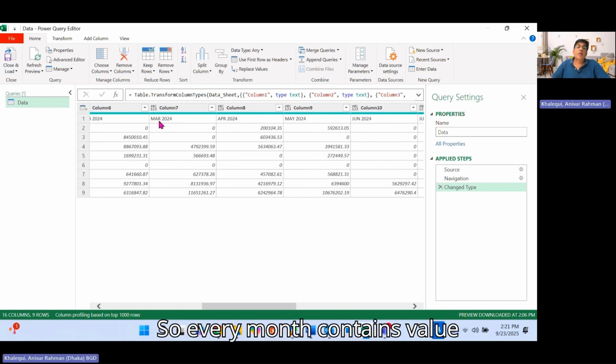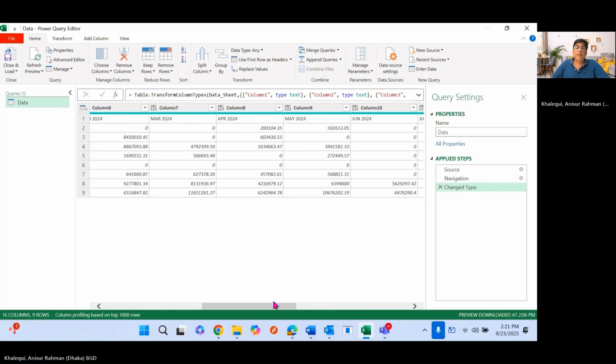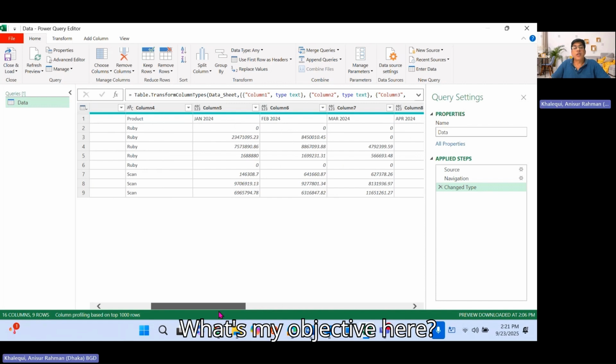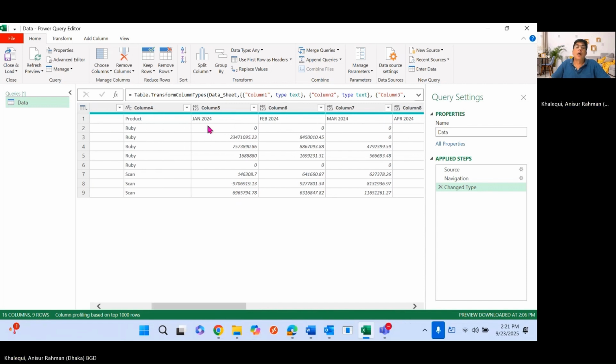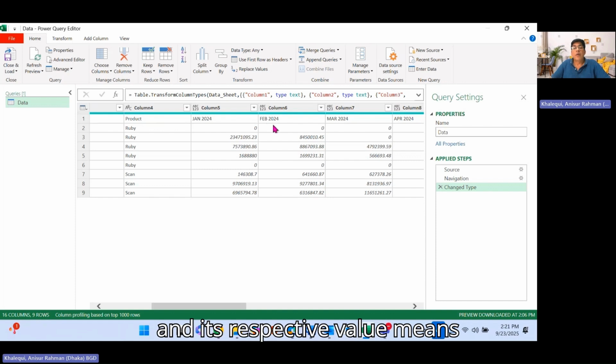So every month contains values and is showing as a unique column. What's my objective here? These months will come up after unpivoting in one column, and its respective value, meaning revenue, will come up under